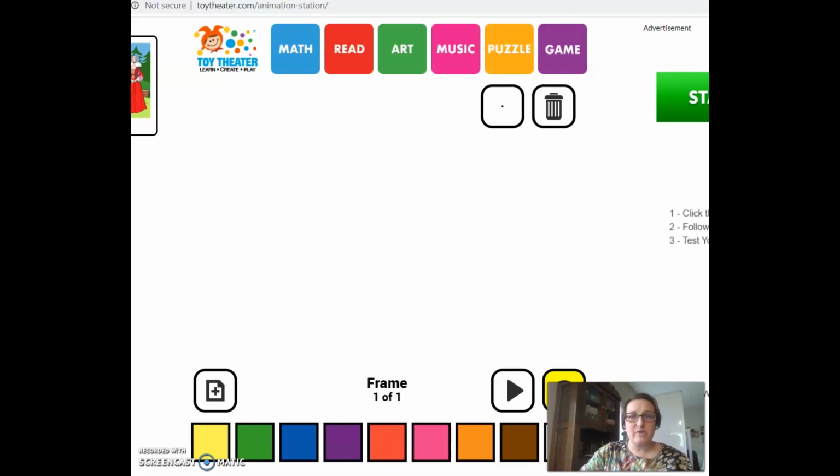This is the website we are going to be using, 5th grade, to create our own small animations. Now remember, to make a big film, they have hundreds of different pictures. We are only going to do just a couple seconds worth of animation. So this is toytheater.com. There's actually some really neat other art things on here as well, but I am sending you specifically the link